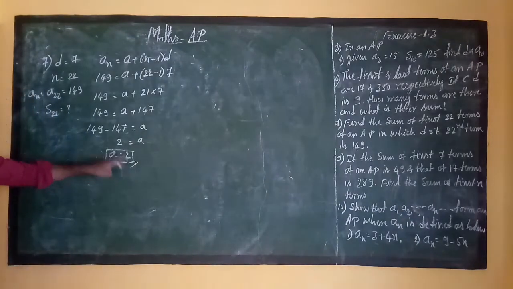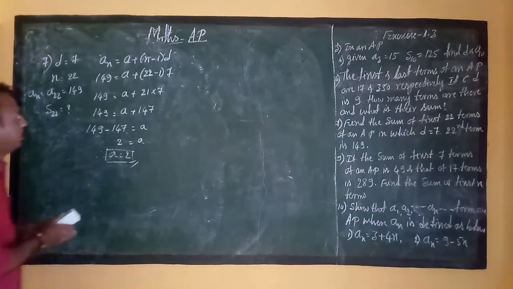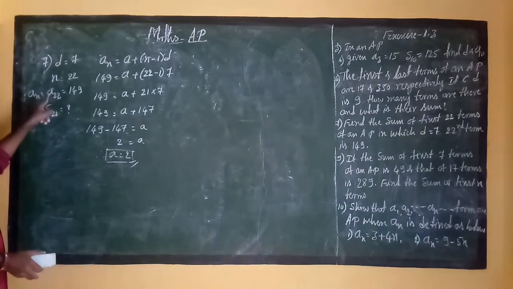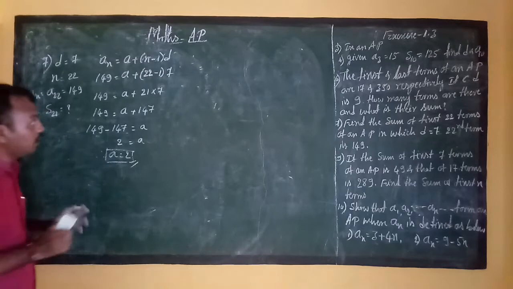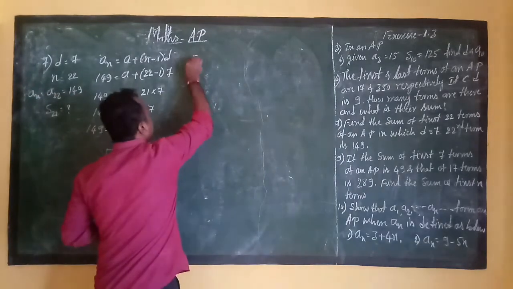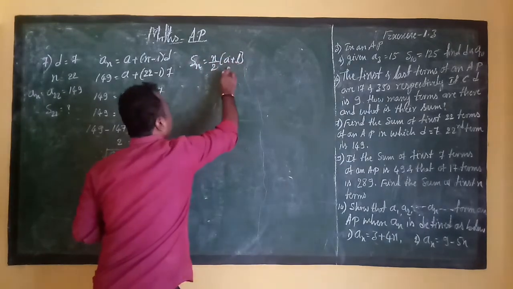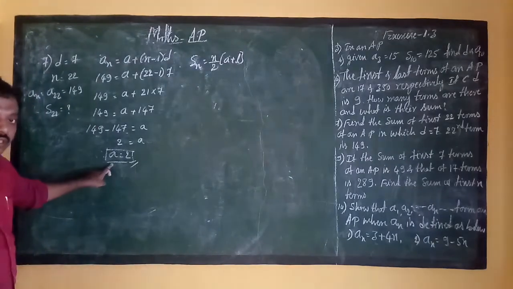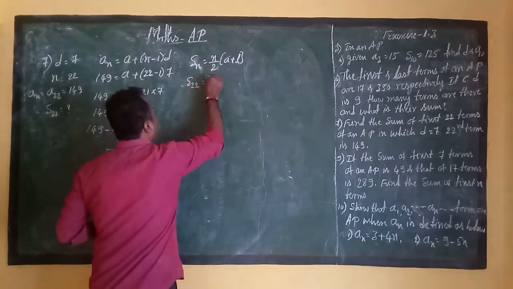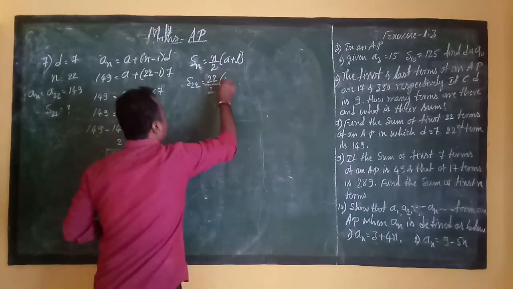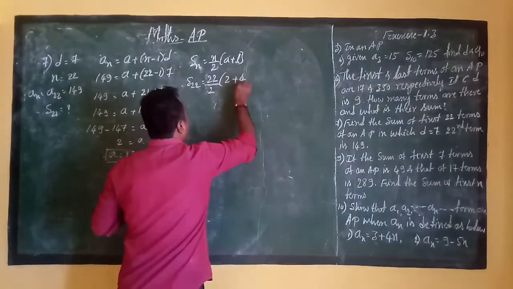We also got a, and n is given, d is given, a22 is given. S22 you can easily find out. That means a is the first term, a22 is the last term. So we use Sn is equal to n by 2 into (a plus l). Very easy, you have to solve it. You use this formula and will easily find the solution. So Sn, that means S22, is equal to n, that is 22, by 2 into (a, the first term, is 2, plus last term an, that means 149).